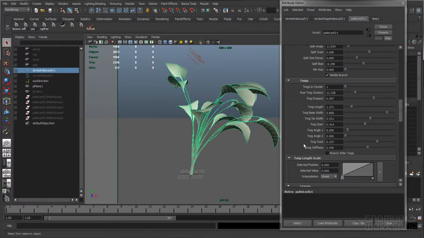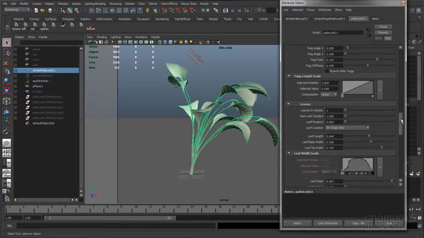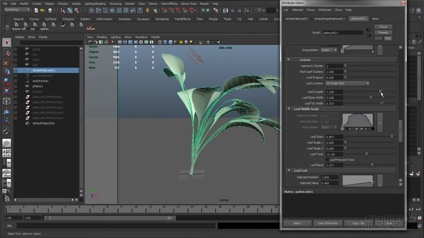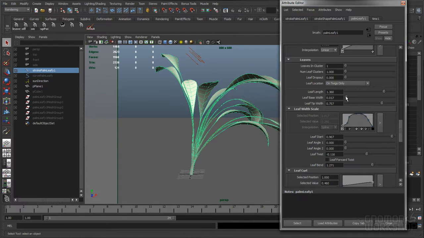And then from before, our leaves were a lot longer. So you can see here if I lowered or increased the leaf length, but adjust the width down, they start to look more